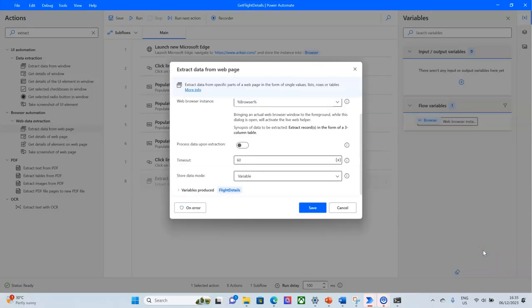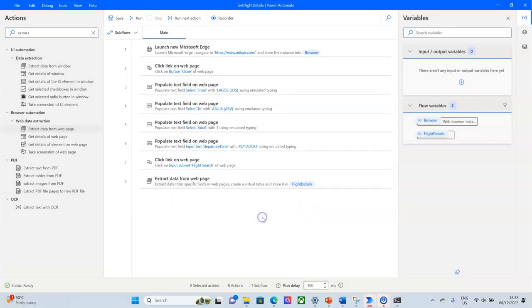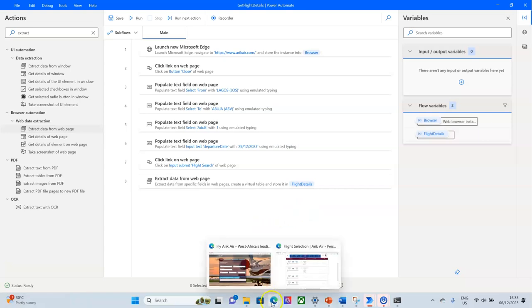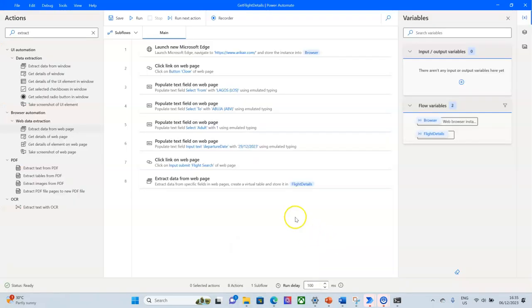So let me just do finish at this point. I don't want to do a lot in there, since I would want to do it with Power Query. So, and then I do save. So this is everything to this point. So let's close this. We are going to run this all the way, and let's see if we get that